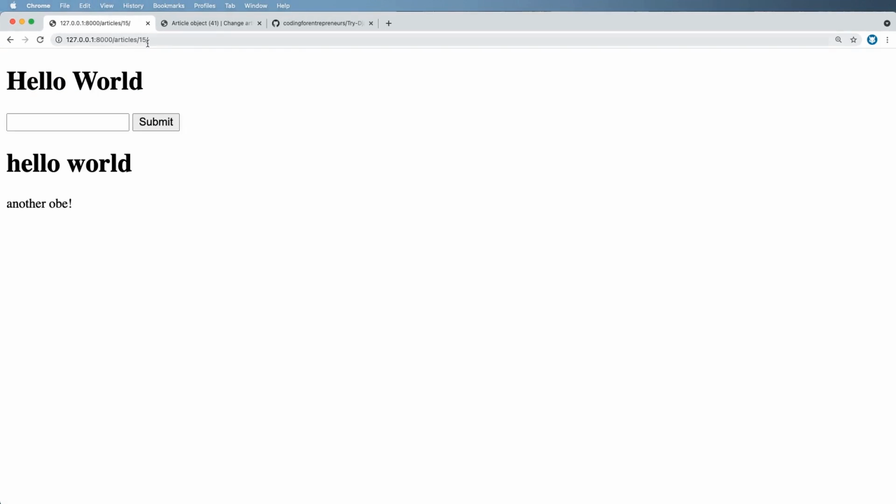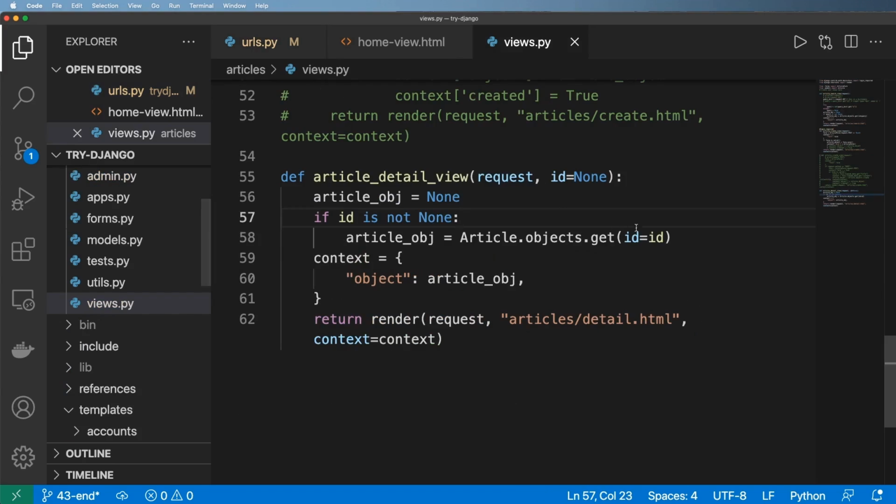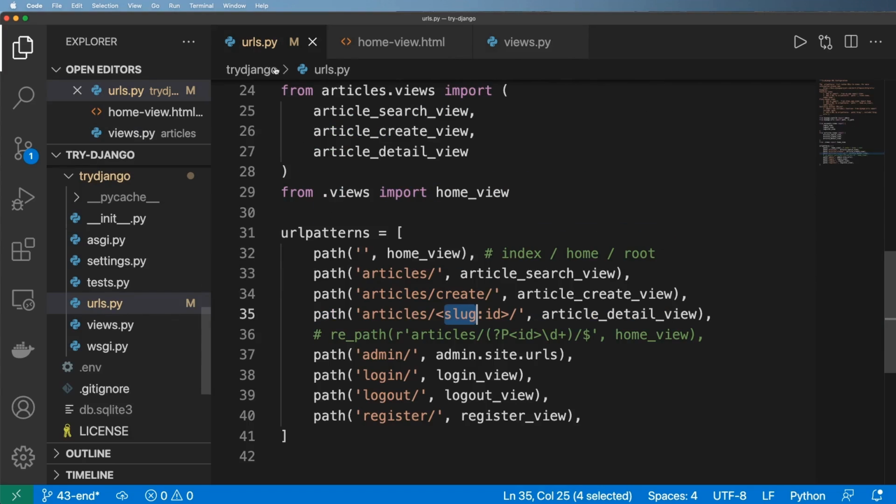So if we go to any given article, with that ID, it's still working. This data type of slug is any valid slug. It's not necessarily just characters, which means that it can also be a number and it can also be used for looking up by that ID, which is cool. It's good to know. But of course, whenever I actually declare a data type, I want to declare the variable based off of the actual field I'm going to be using to look up. So in this case, I want the slug to be mapped to a slug field. So if I change the field name to something like my slug, I would actually have that accordingly, right?